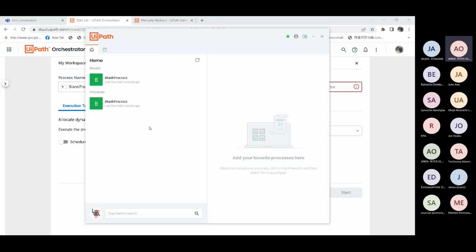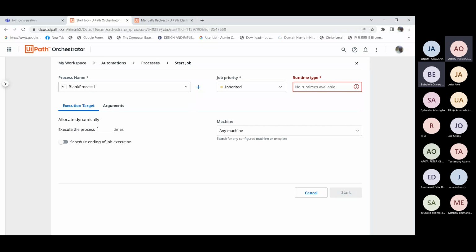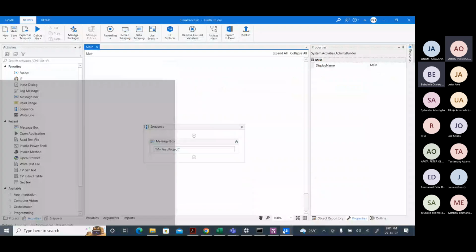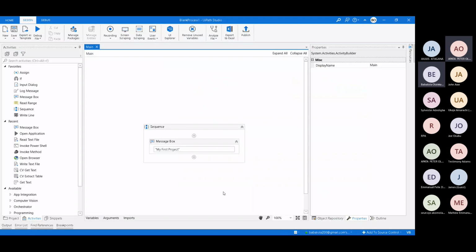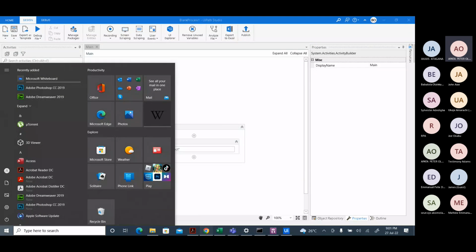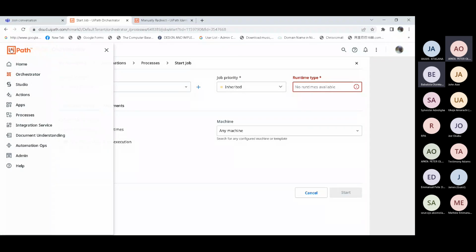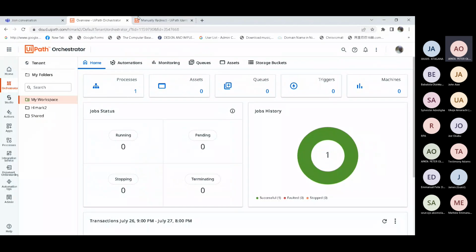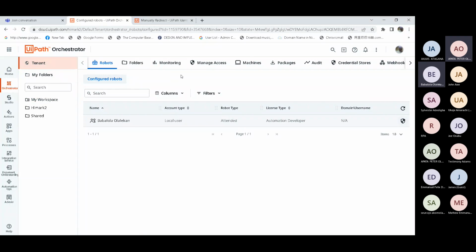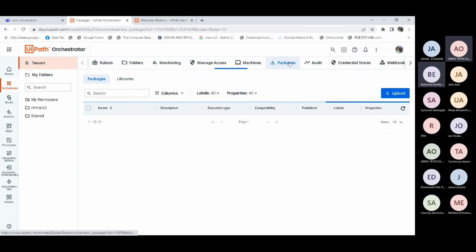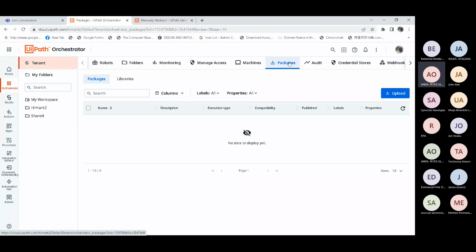But if you come to the Orchestrator, you will have to go to the tenant, then Packages. So when you publish a file, you come to the package first.